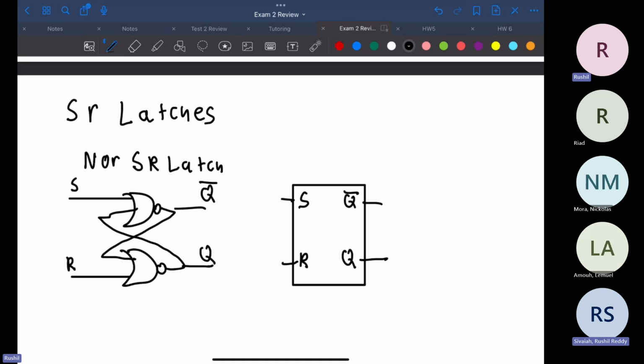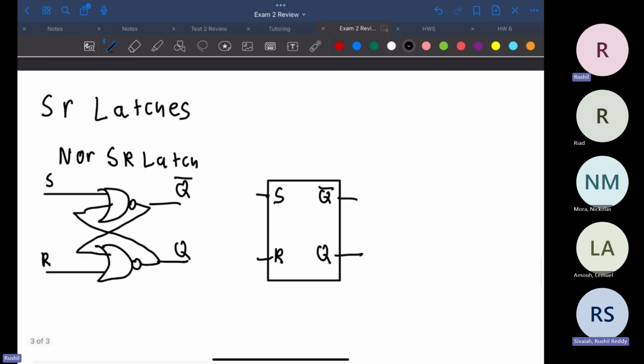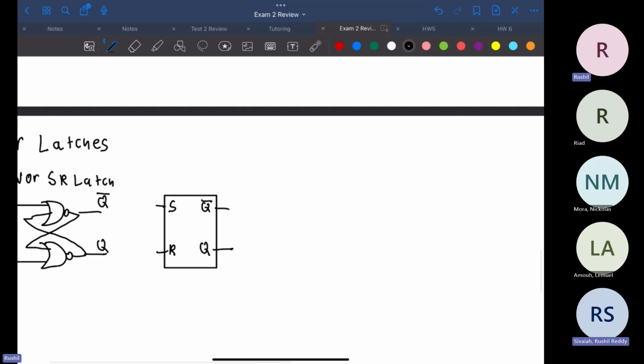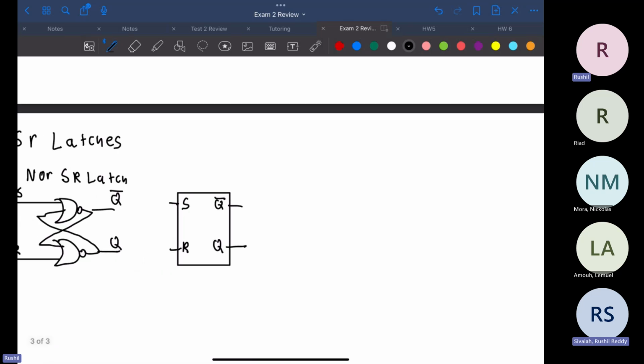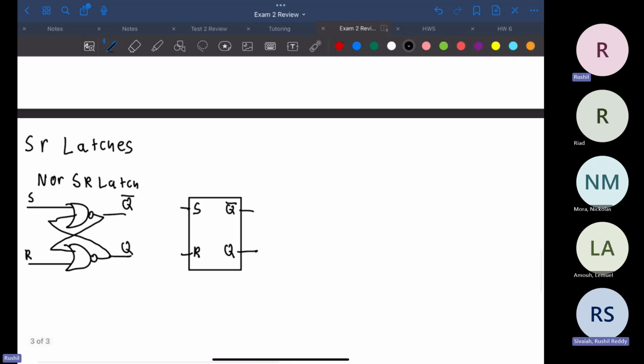Does anybody know what the truth table for this looks like? Because this will save you in your exam. So I would put this on your cheat sheet or whatever you get. It's like when S and R